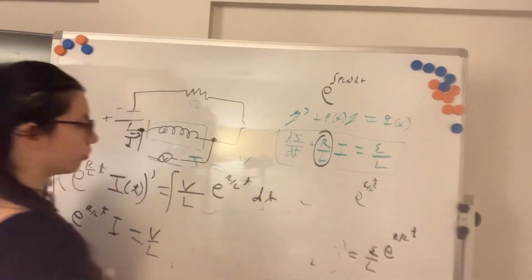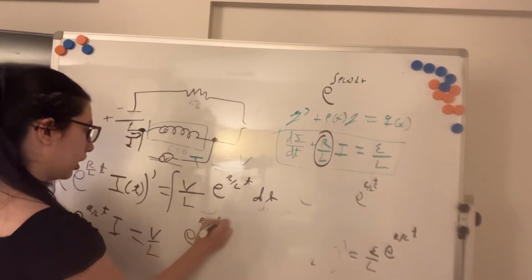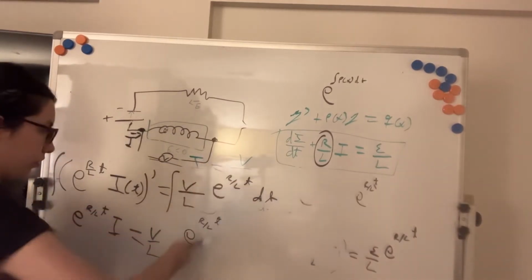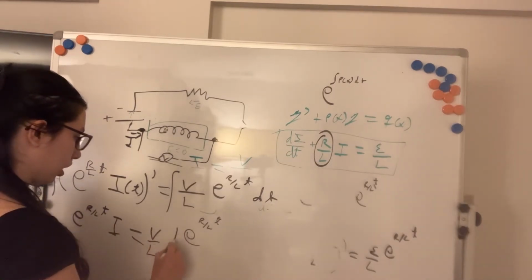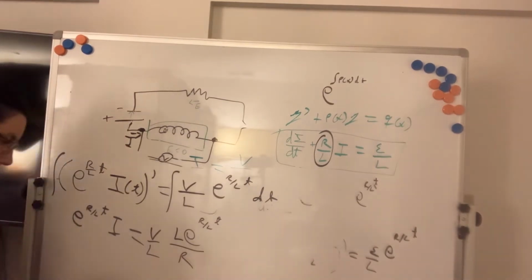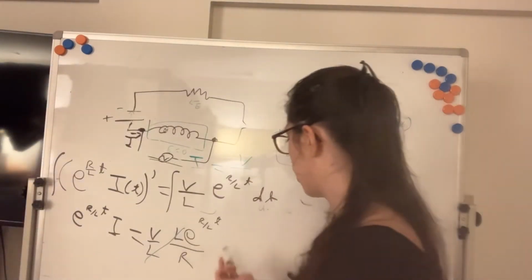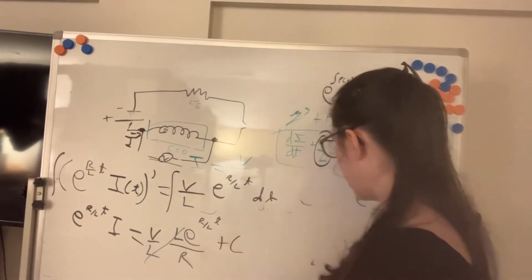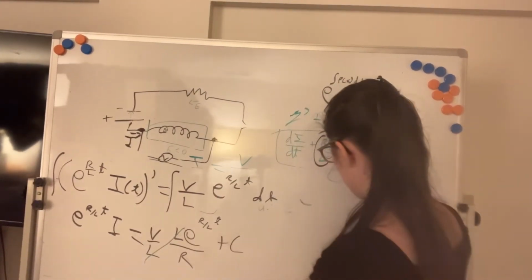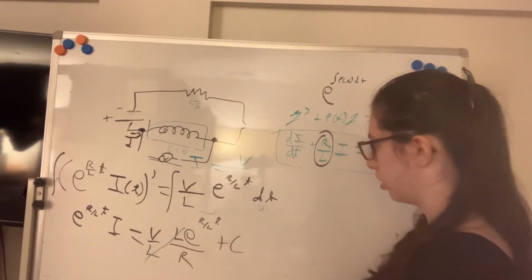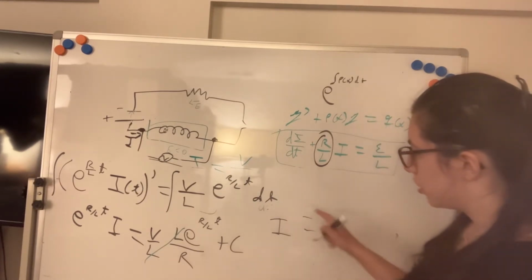And the integral of e to the (R over L)t is e to the (R over L)t, and then you need to divide by the inverse of this, so it would be times L over R. So we cancel the L's. Oh, and a plus C here. Now let's divide everything by e to the (R over L)t, because we want to find the current. We are solving the differential equation for the current. So the current is